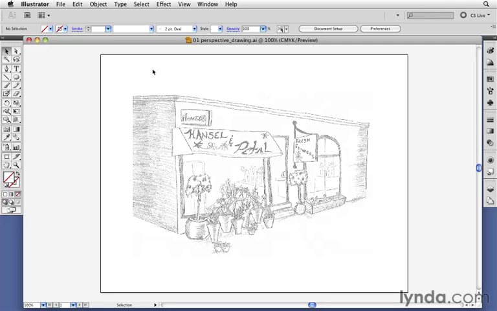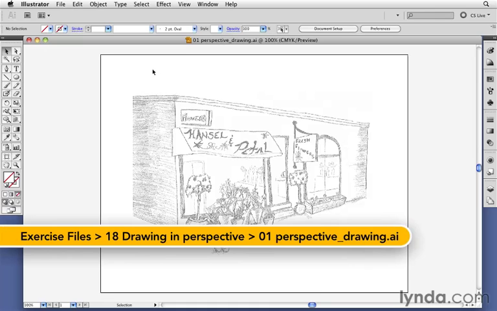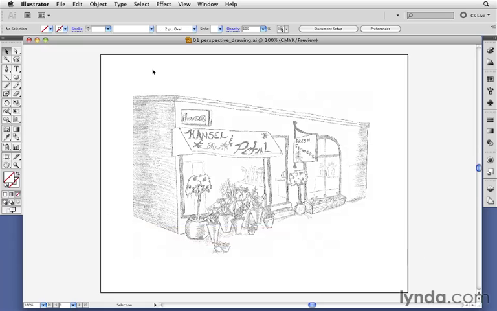With the new perspective grid feature inside of Illustrator CS5, it's incredibly easy to create artwork that is actually in perspective. Let's see how that works. I'm going to start here in this document by working with a sketch that I first scanned into Photoshop and